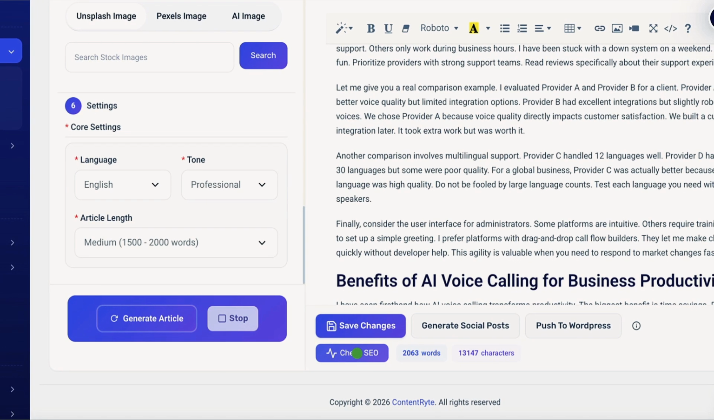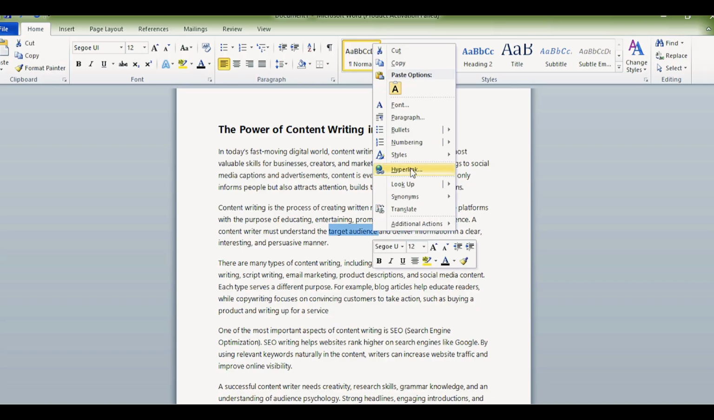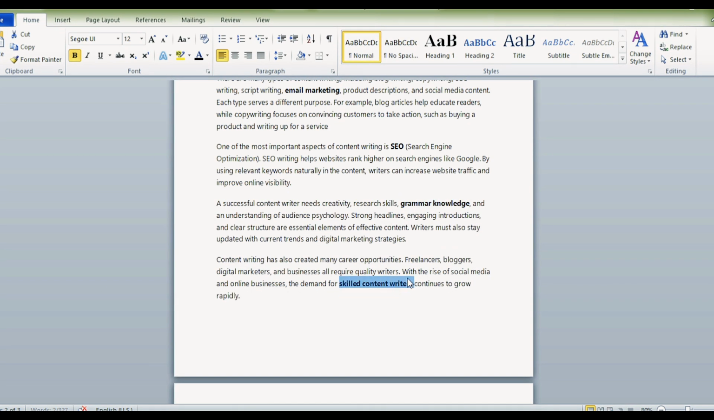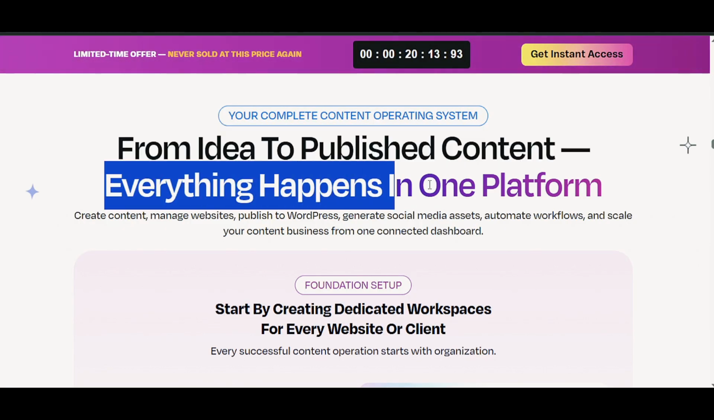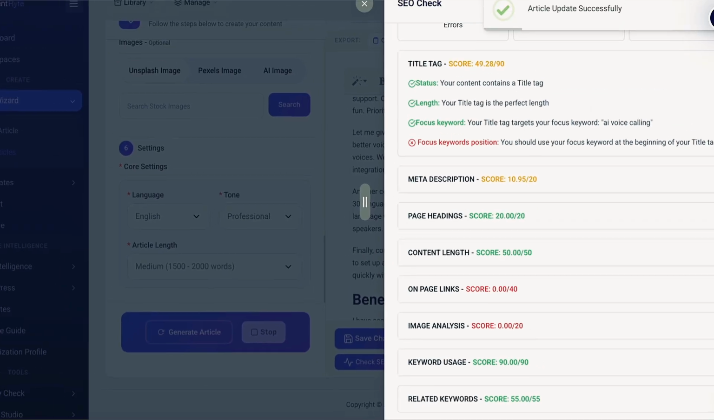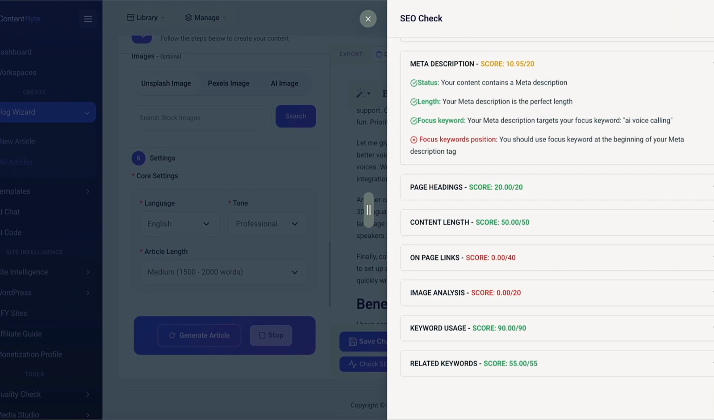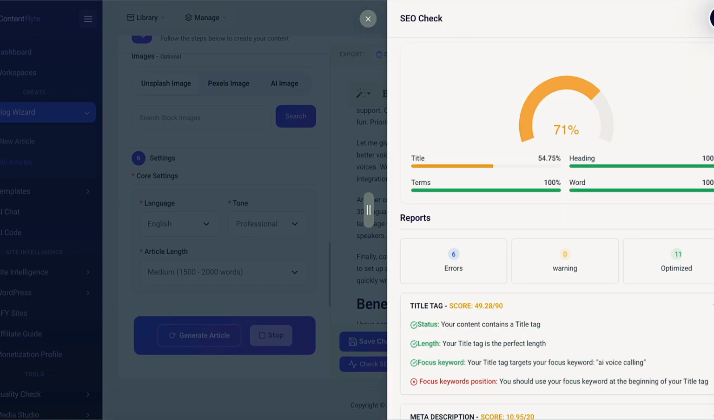We have got headings, formatting, structure, and SEO focused organization already prepared. Now obviously I will still recommend editing and reviewing AI content manually because no AI tool is perfect, but compared to manually building articles from scratch, this definitely speeds up the workflow significantly. Now after the article is generated, I can also check the built-in SEO scoring system, and this is actually useful because it shows optimization suggestions, content improvements, and areas that still need